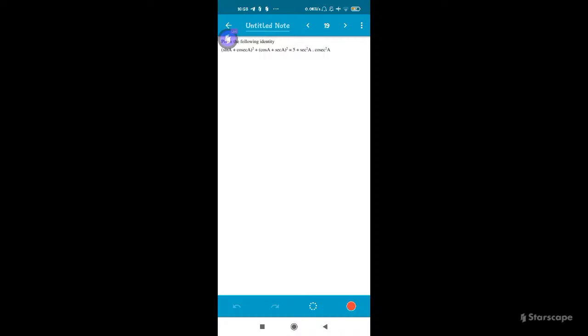Alright, I hope you can see the question. We have to prove that sin A plus cosec A whole square plus cos A plus sec A whole square is equal to 5 plus sec square A into cosec square A. So let's see how we solve it. First of all, we will start with our LHS because obviously it looks a little more complicated. So sin A plus cosec A whole square plus